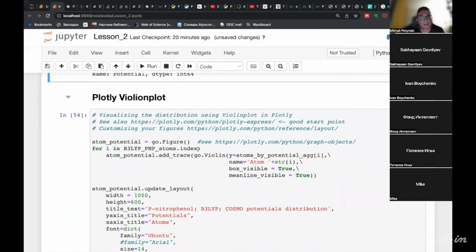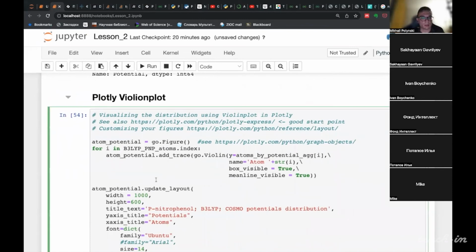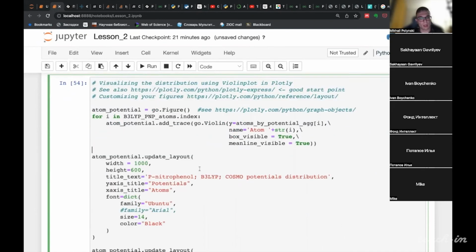So now let's consider the Plotly library, which I strongly suggest.